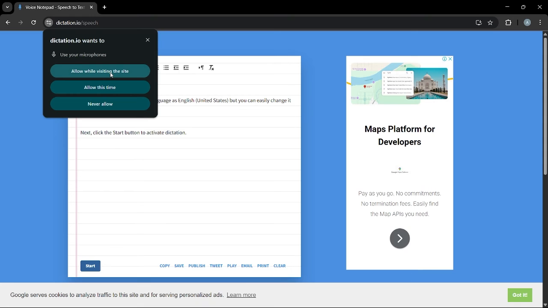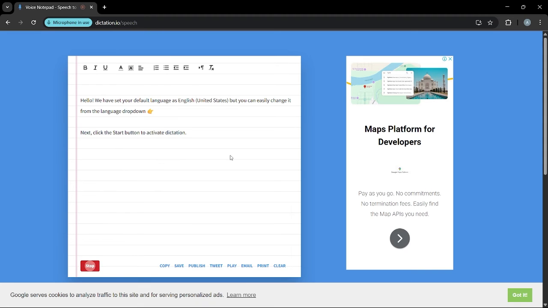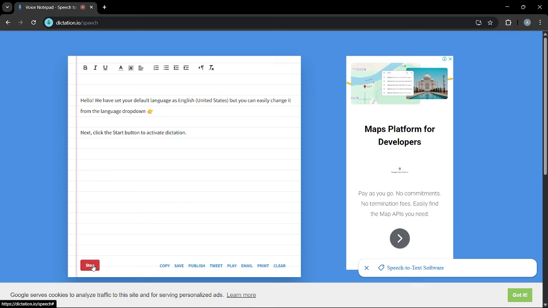see here, it will ask you for the permissions, and now it will start the dictation, and write whatever I say on the mic. Once I'm satisfied with it, just simply hit stop, and whatever you said has been written right in front of you. You can just simply hit copy or save or publish, or do whatever you want to do